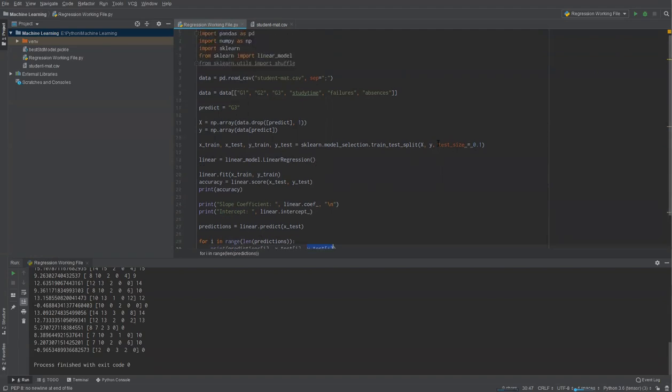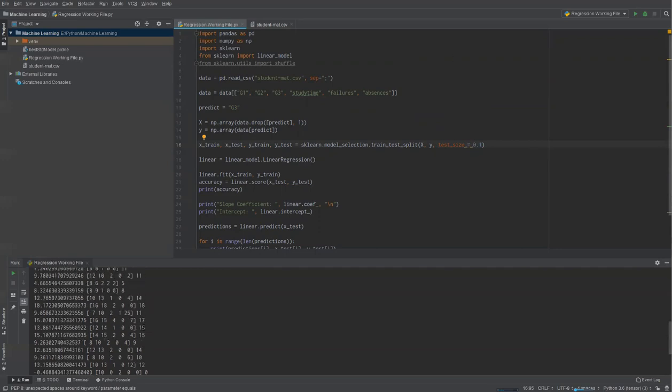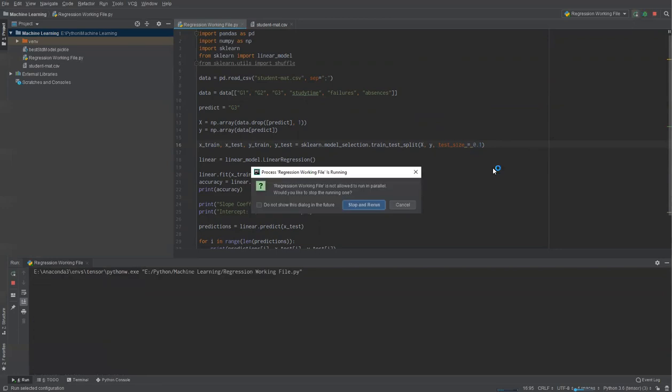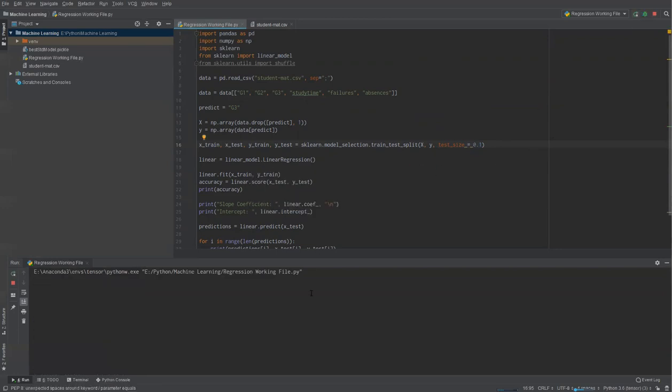Note that here, there's something such as test size equals 0.1. This means that while 90% of our data will be used to train the machine learning code, only 10% will be used to actually operate it, which is shown here. If you run this code, which will take a while,